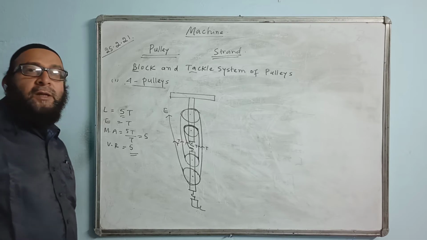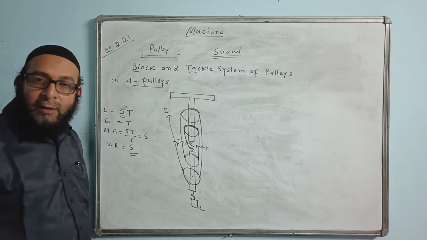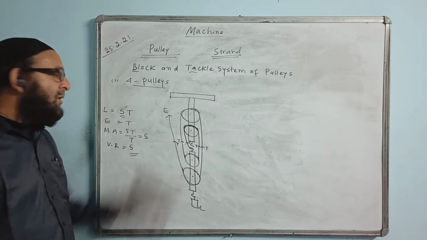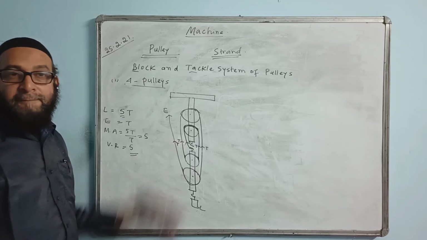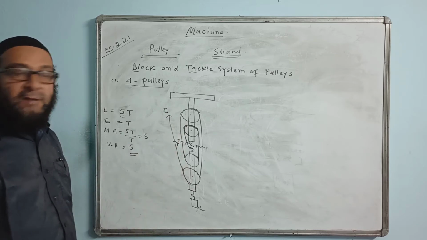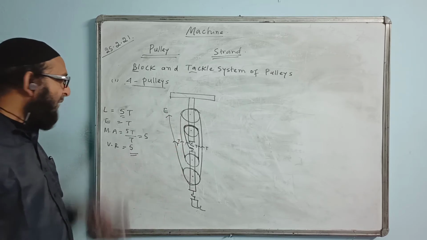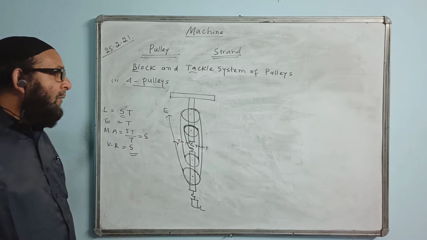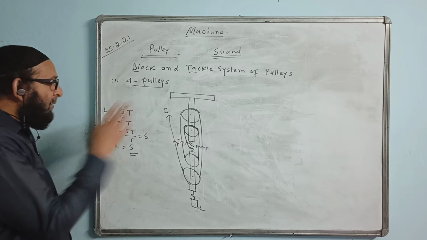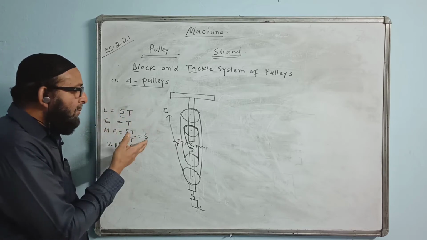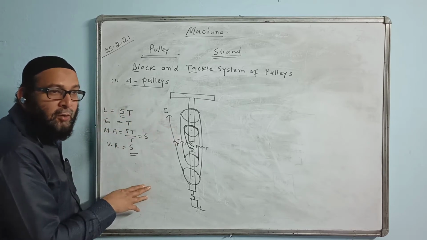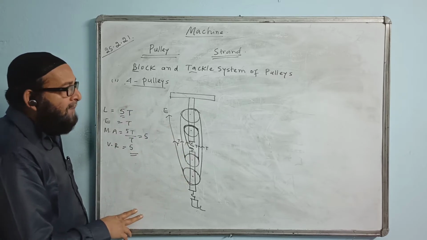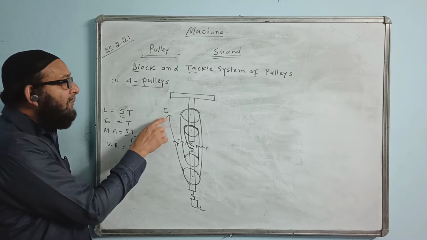So if in the question they clarify that they are asking to draw a block and tackle system of 4 pulleys so that the velocity ratio is 5, you will draw this one. Or so that the effort is in the upward direction, you will draw this one. And what is the velocity ratio of this system? You will say 5. What is the mechanical advantage? That also comes 5. What is the advantage? It provides more mechanical advantage than the normal one, because previous mechanical advantage is 4. Now it is 5. But there is one disadvantage: the direction of effort.